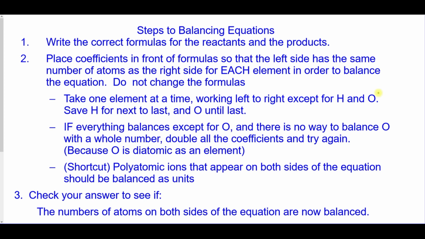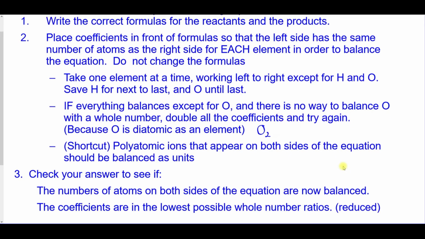You want to do hydrogen, and then you want to do oxygen the very last. If you can get everything to balance except for that oxygen, and there's no way to balance it, try doubling the coefficients and try again, because oxygen is diatomic as an element. If you have polyatomic ions, and it's the same, if you have a nitrate on the reactant side and the nitrate on the product side,